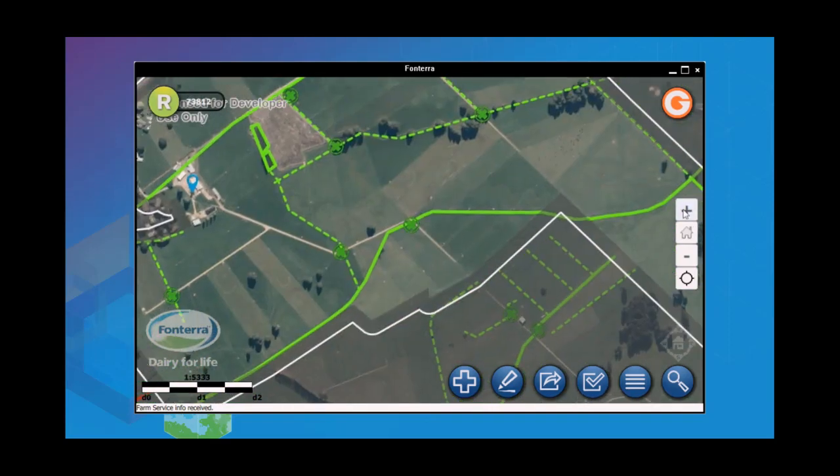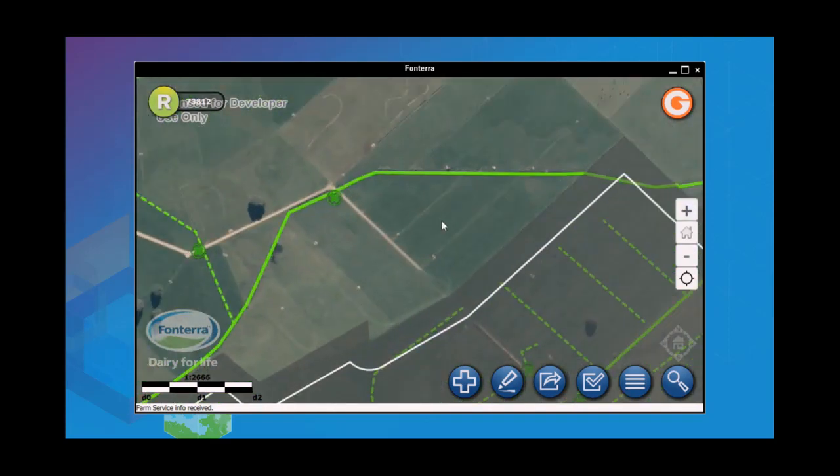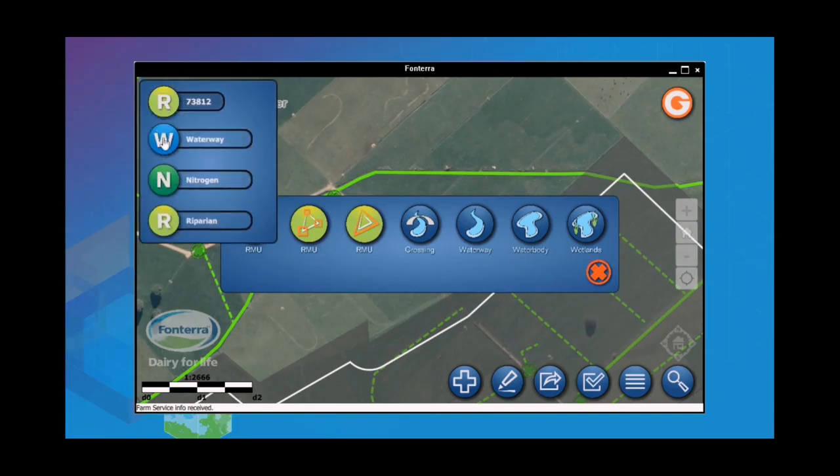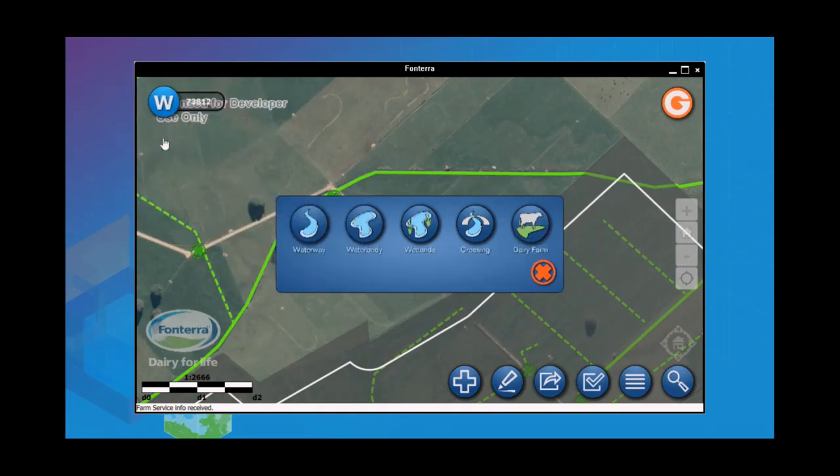Fonterra said, great, we love that app. We want to add these other functionalities, and I want you to make that app work on iPads as well. And so, okay, how are we going to accomplish this? We've got to rewrite this whole thing, and they want us to add this new stuff. They want us to make it work on iPads, and about that time they came across AppStudio, and they've built